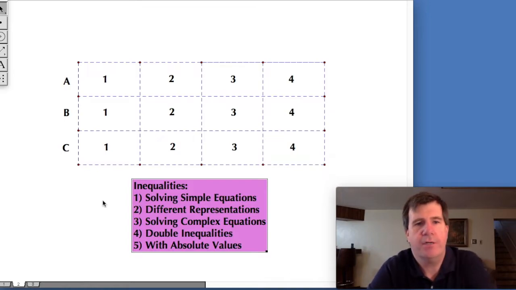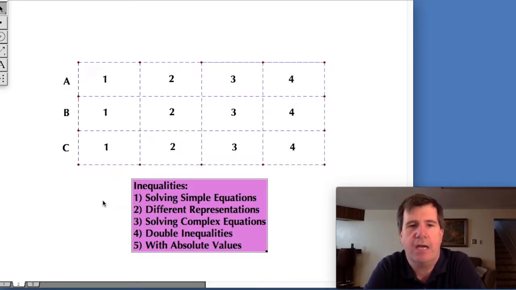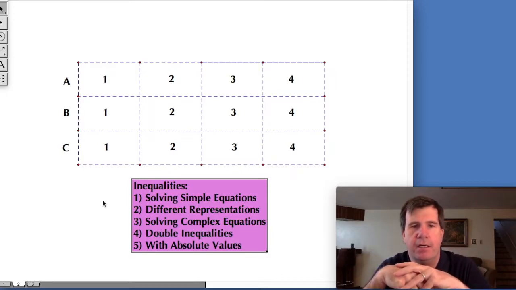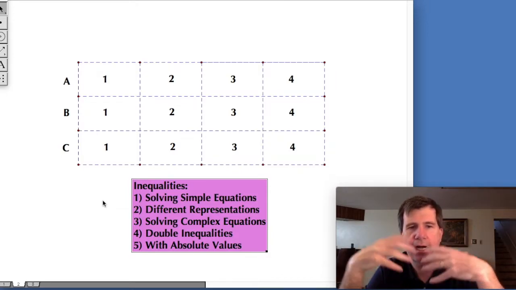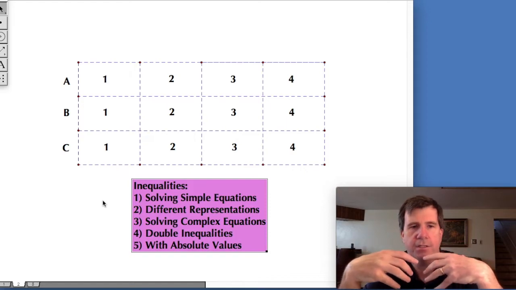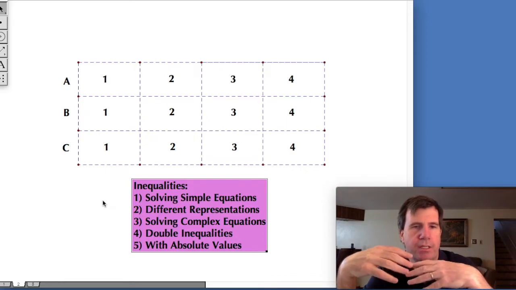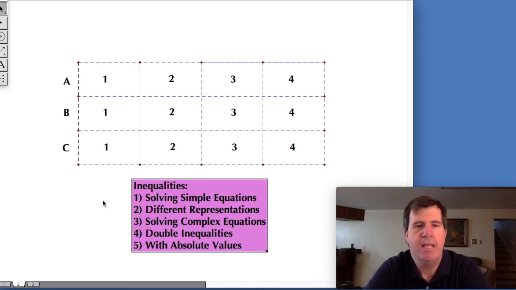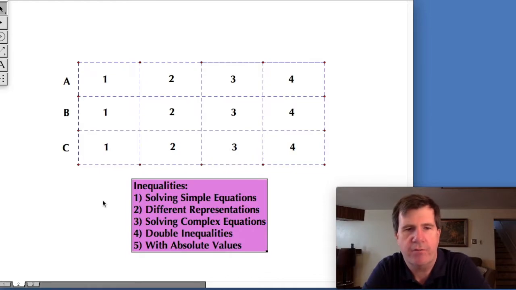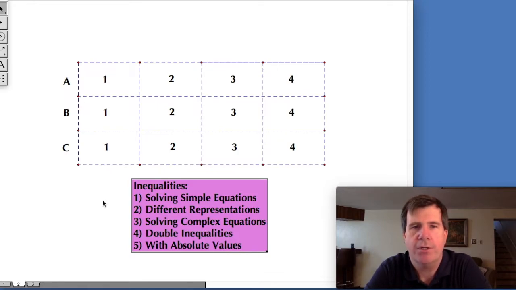And so what I'll generally do is I'll say, okay, what are the things I want the students to learn? What is in the skill level or the concept level of inequalities. And so I pick them going from the more simple to the more complex. And when you make a list like this, maybe it's 3, 4, 5, 6 things, whatever it is, generally the first couple of those are going to be the most important,